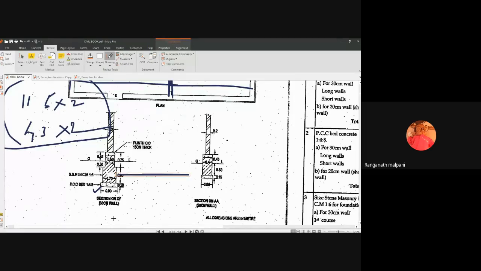Sir? At this PCC, when you are doing a 20 centimeter wall PCC,